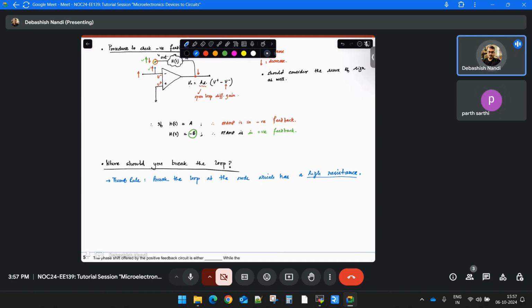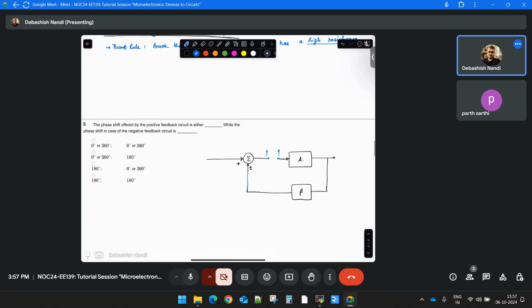That is why it is always suggested to break the loop at the node where the input resistance is higher. So let's say in this path you break the loop at this point. So this is your input. If the input is increasing, this will increase, this will increase. Now depending on whether it is plus or minus, this value will increase or decrease. And this is determined by